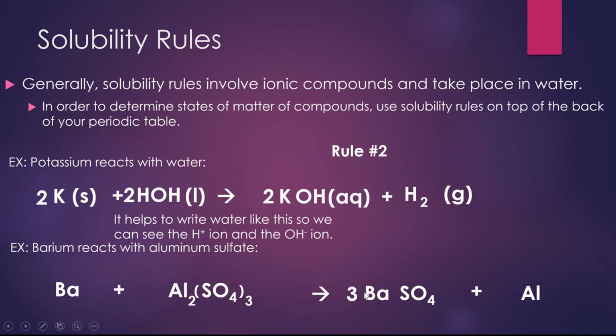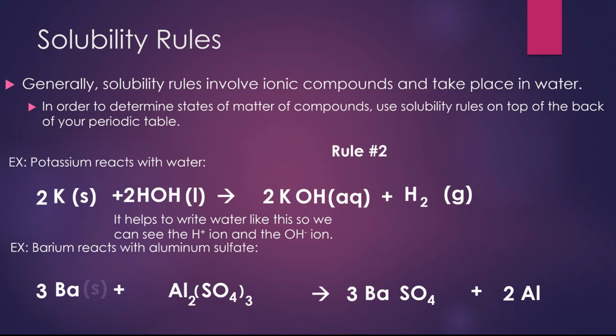I'm going to put the 3 in front of barium sulfate. I have 3 sulfates over here, so I'm going to need 3 sulfates over here. Good. Sulfate, SO4, is now balanced. I have 3 bariums now on the right, so I'll put a 3 in front of barium on the left. Good. Now barium is balanced. Finally, I've got 2 aluminums on the left. I can solve that by putting a coefficient 2 in front of aluminum on the right. Now I have 2 aluminums on both sides. My equation is now balanced. Final step,